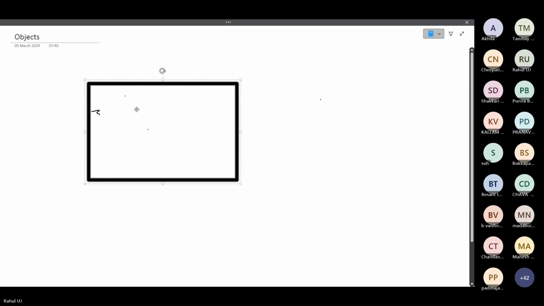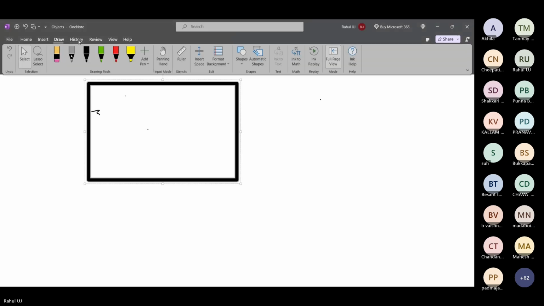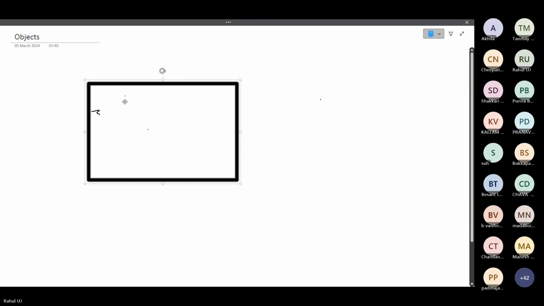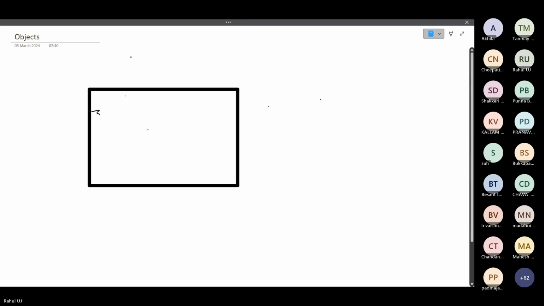So here, this was increased. So whenever I say, for example, let us take an object called a laptop. What can you do using a laptop?